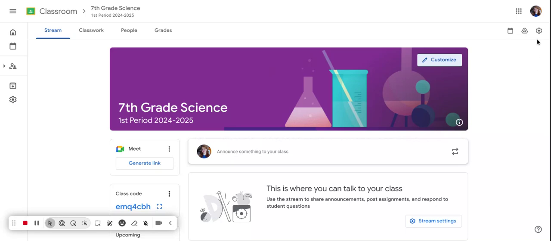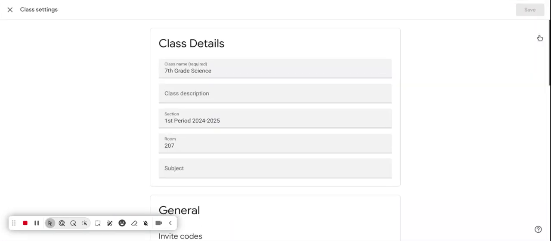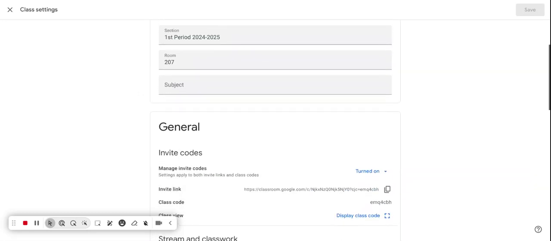So we're going to come up here to the top right corner again. We're going to the icon at the far right, the little settings gear, and we're going to click that and open that up. The first thing you'll see is our class details. If there's anything you put in that you want to change, it also has added a place for a class description if you would like to enter that. But we're going to scroll past that,